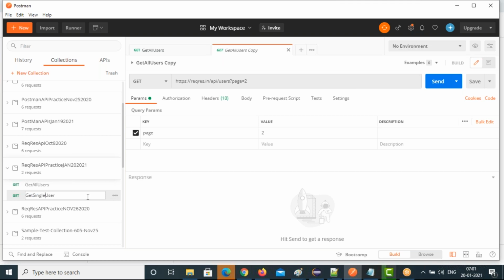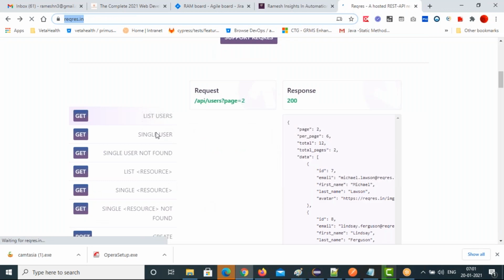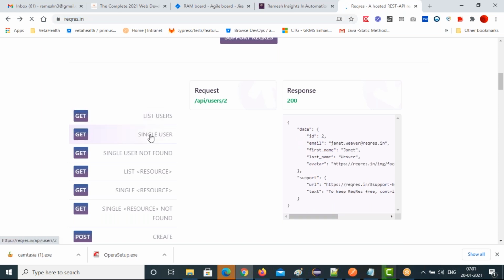Okay. For a single user, you know what the URL is, you just check here for the single user. Click on this. They have given what the request is and what response you will get. 200 OK we got. Second one.